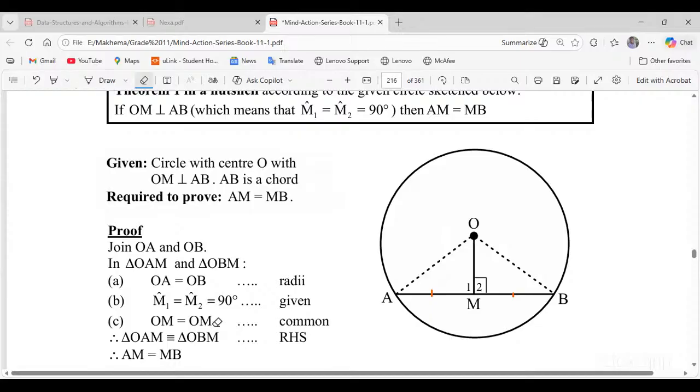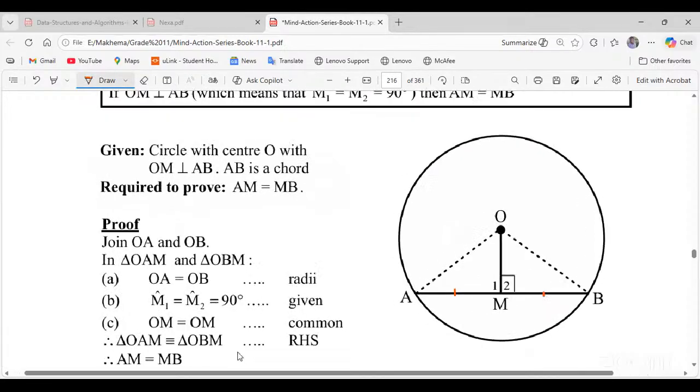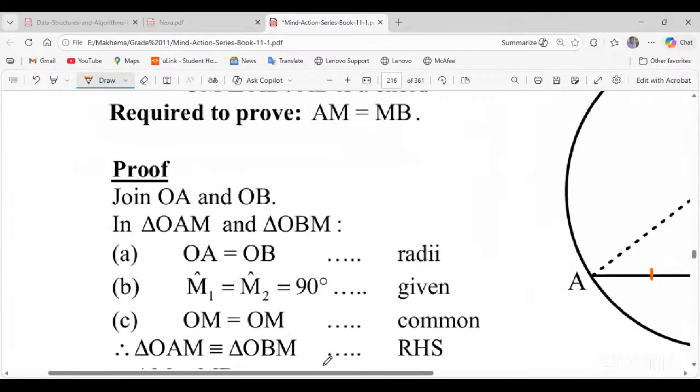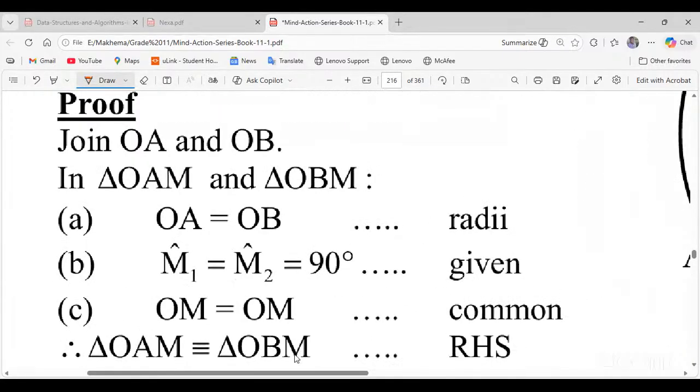Okay. The third one now, OM in this triangle is equal to OM in this triangle. That is the common side in this triangle and this triangle. Therefore, this triangle is congruent to this triangle. Therefore, this is the sign to prove congruency. These horizontal three lines are for congruency. So I don't want you guys to confuse the congruency and similarity. These horizontal three are